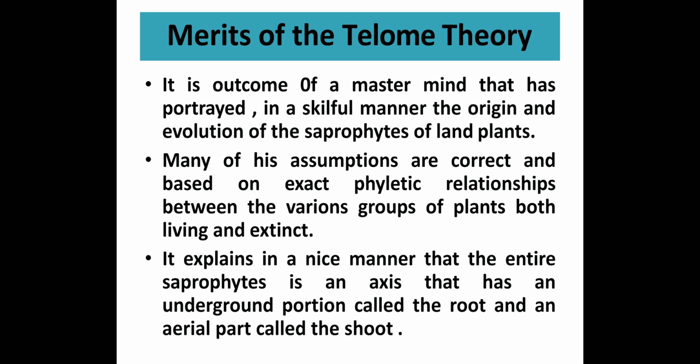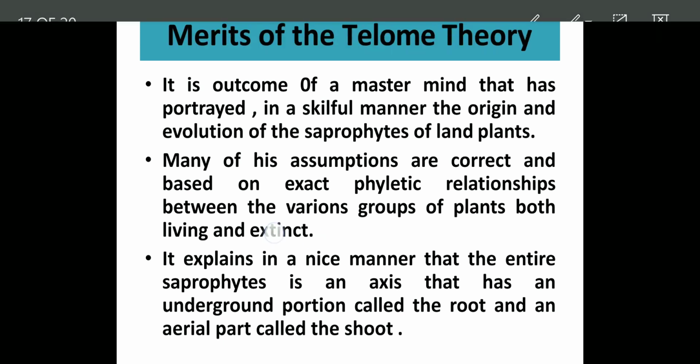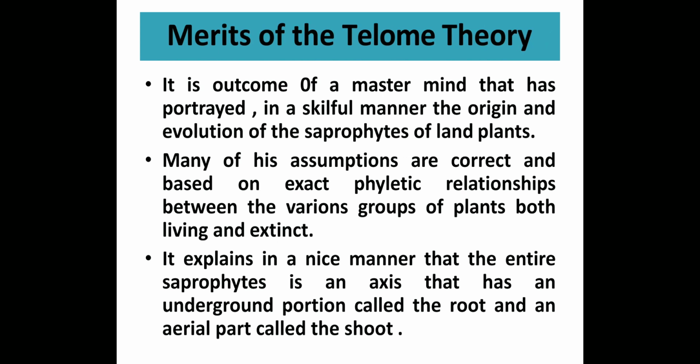Somewhat later on, Eames also said that this theory is built upon structure in the lowest known vascular plant, and higher plants can be safely interpreted in this way. He said that higher plants can also be interpreted with the help of this theory. Then some more scientists like Bierhorst also said this theory is very simple and very applicable to explain how the evolutionary part is taking place.